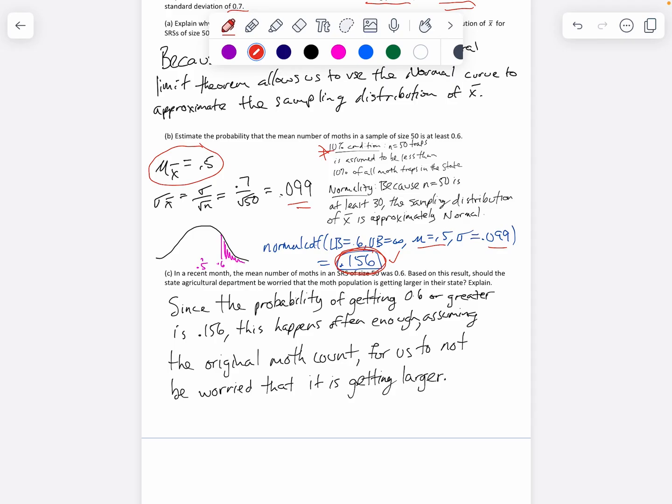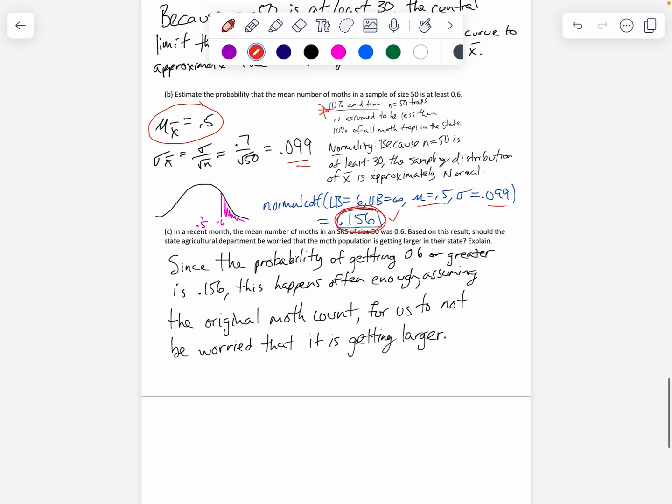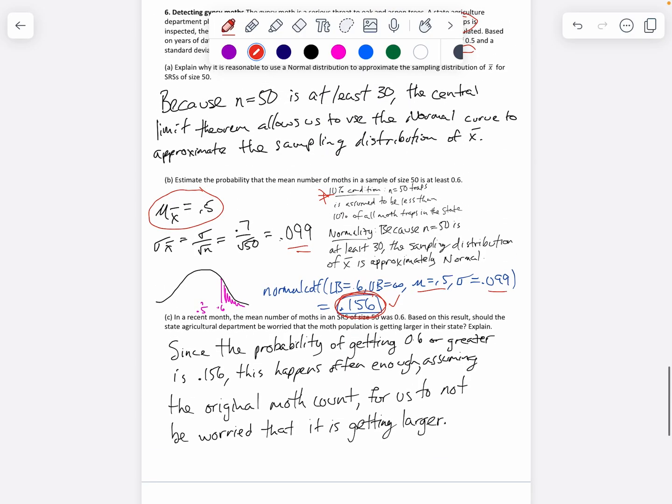We'll talk about this more in the future, but we've talked about it a little bit: 5% is usually the magic number. If something happens more than 5% of the time, it's often enough for us to think it's believable. If it happens less than 5% of the time, then probably something went awry. Hopefully this